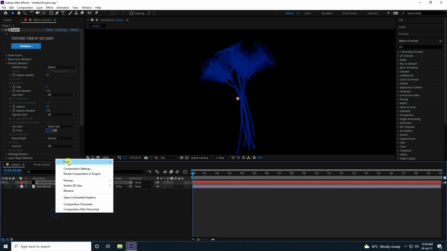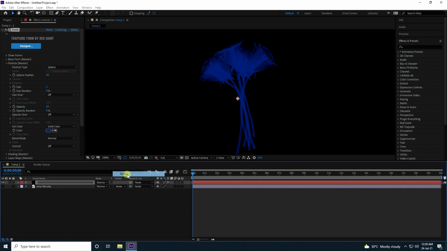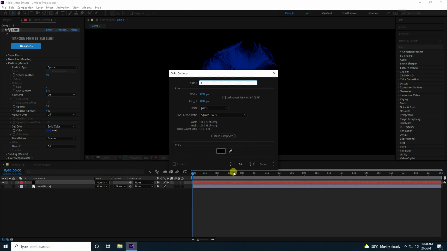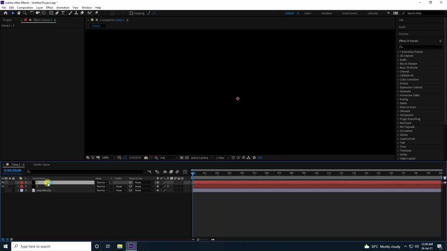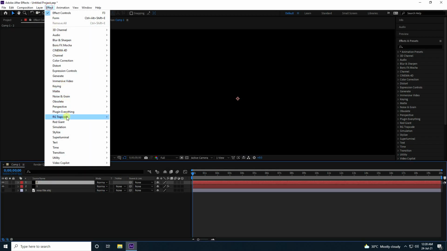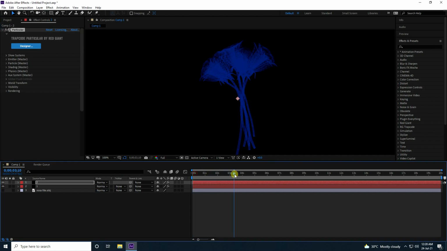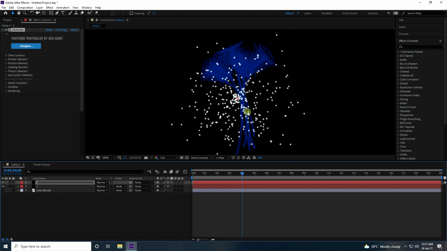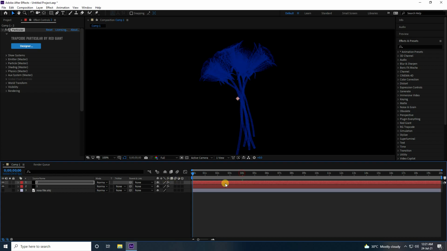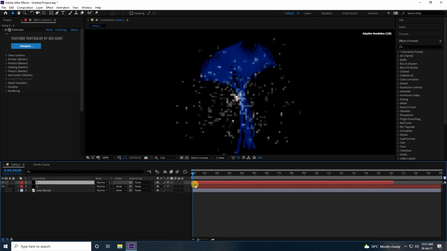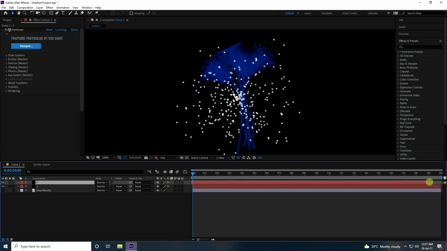Okay, so next guys, take a new solid layer and name it 2. That's my second particle. So same Trapcode, and use Particular. Yeah, right. So go on here like this. See guys, that's my particle. So go on shift layer, and increase, and play.